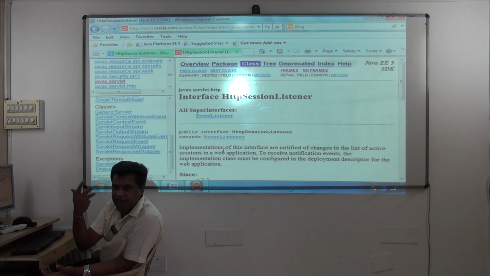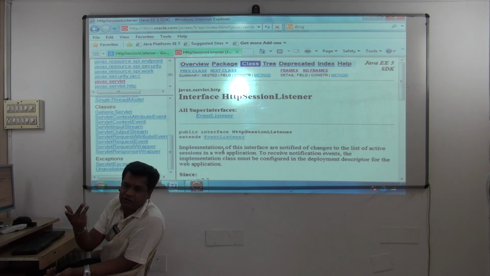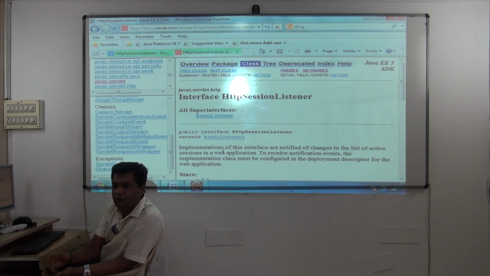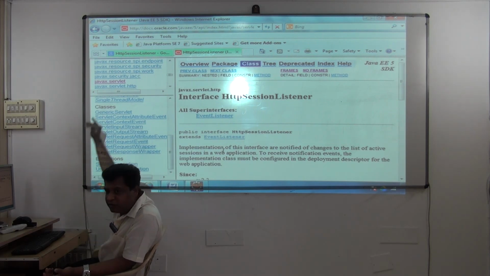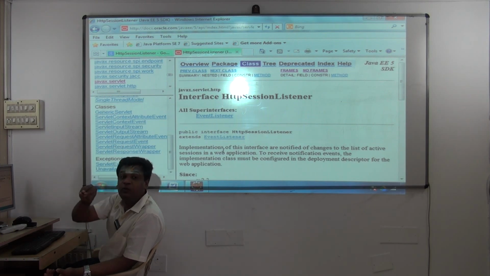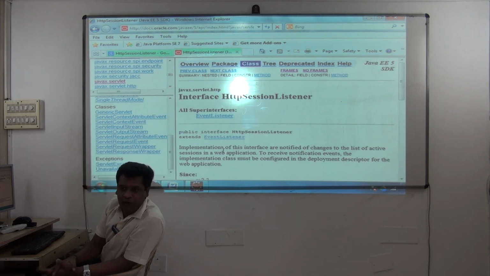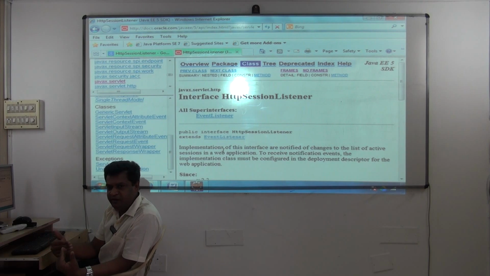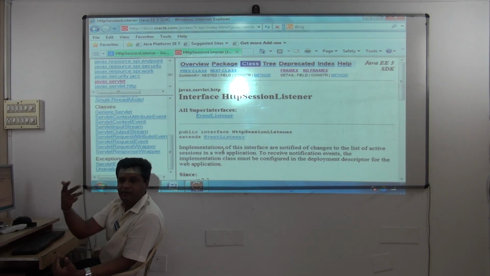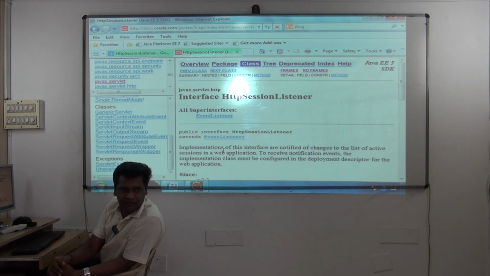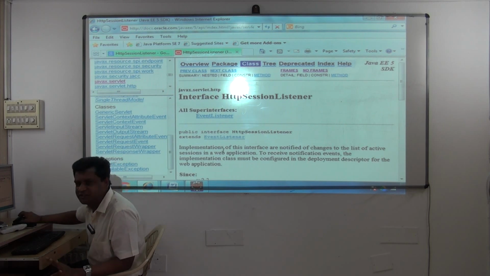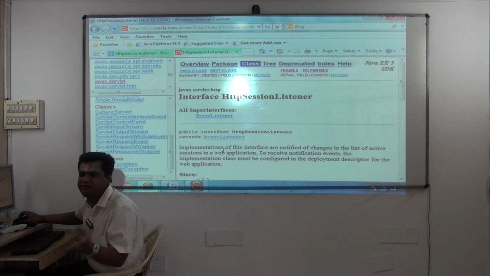Imagine the fate of other institutes. Hardly do they teach you anything. One output they'll teach you and say the course is over. You can tell you know Servlet technology only when you know all these classes and interfaces and the various methods in them to one level. As you go on developing web applications, you'll get the full grip of using all this. That time you'll not have any difficulty. Clear? So this is how you should learn. I just gave an eye opener on how you have to learn things.